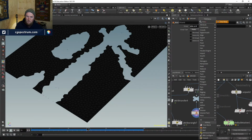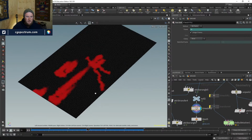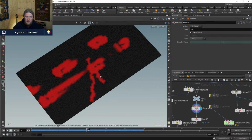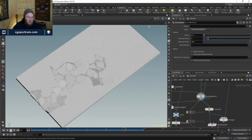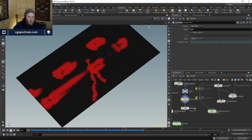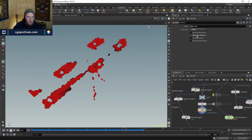Time shift. Because if I time shift this to the very end, that will give me just the whole animation in one frame. Like where Crag has been, so where he has activated pieces, or where the deformed pieces are. If we have a look, you know, down here, at frame 120, that's all the deformation that is going to happen by that frame. So that's what this red mask is kind of giving us. Then we can kind of use that to either go,